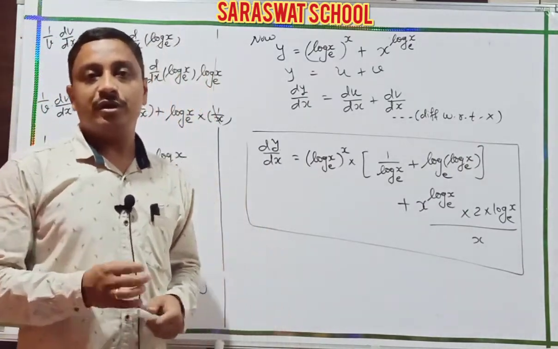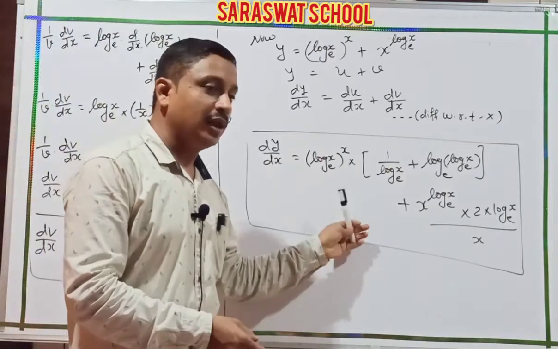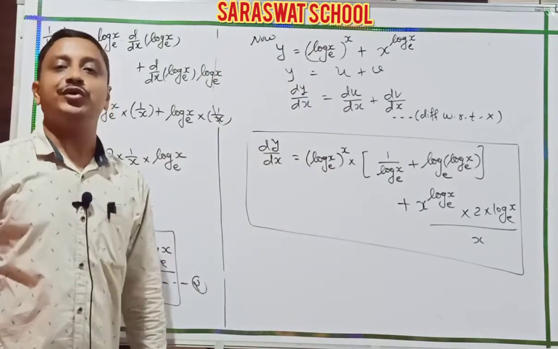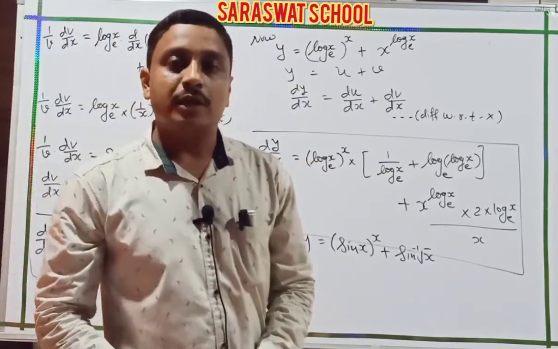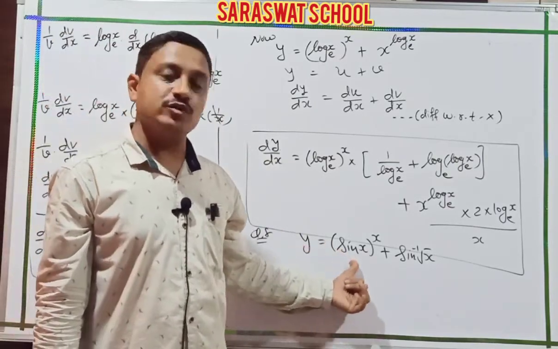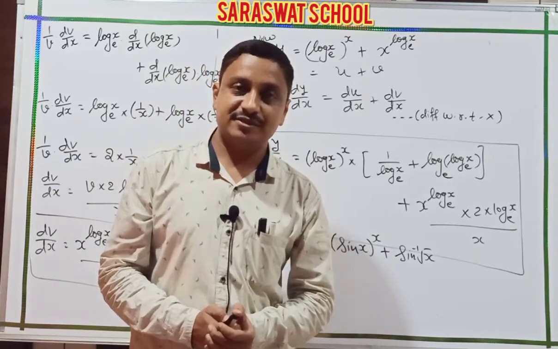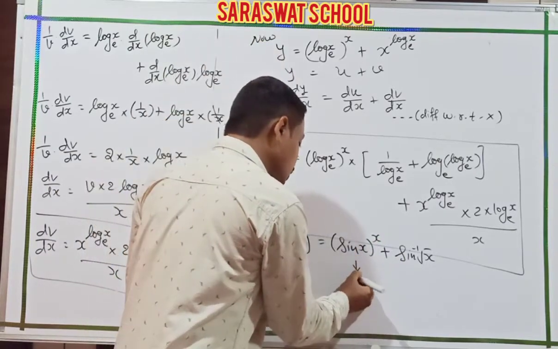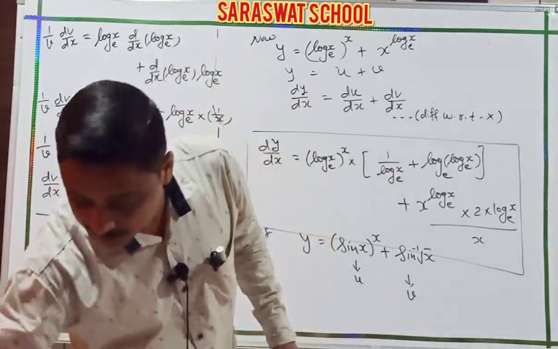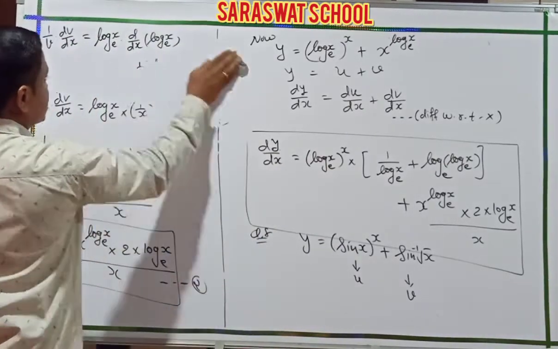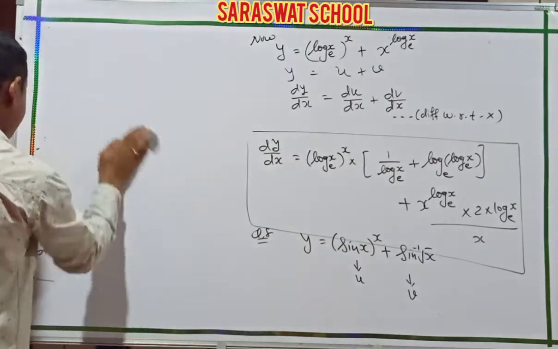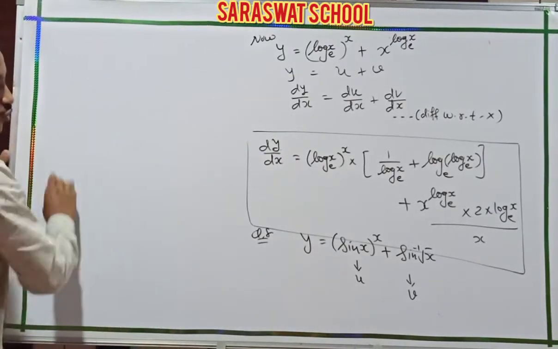I hope you understood the 2 criteria, one of the U level and one of the V level. Yes. Now I slowly move ahead. Next question. Now students, I am going to question number 8. The question is y is equal to sin x raised to x plus sin inverse root x. This is also the same: here a solution for u and here a solution for v, both functions one by one. Students, I start this solution, first of all with the function u side and after that v side.